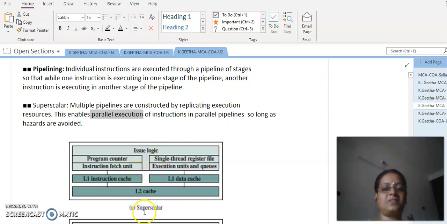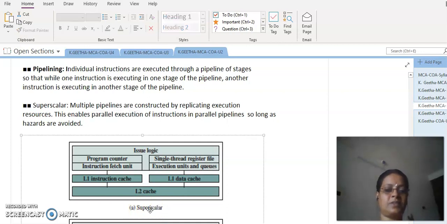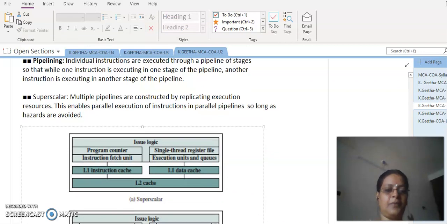So in the superscalar structure, we are going to fetch the instructions in parallel, and the data cache will be supplying the data in parallel, and that will be maintained in the queue, and by means of a single threaded register file we will be able to implement the actual logic. Okay, so this is one method. This is the second method by which, with the superscalar structure, we can improve the performance of the system.